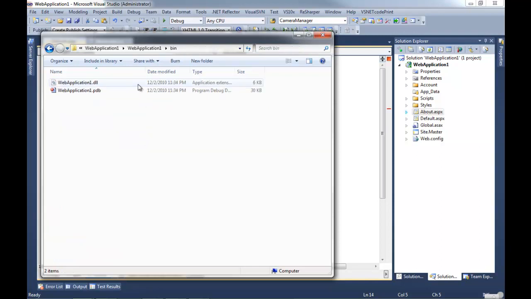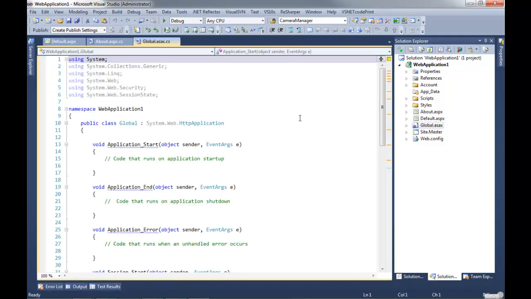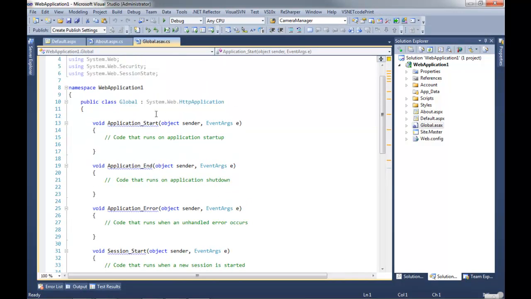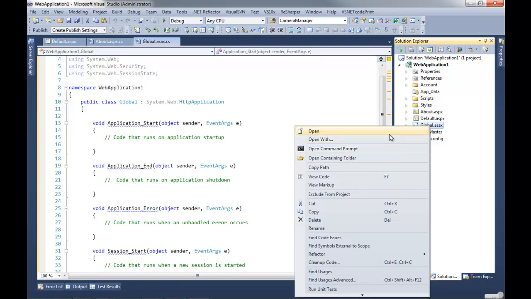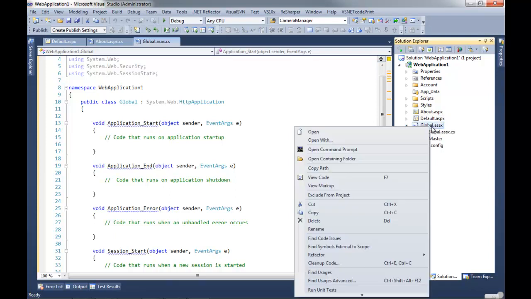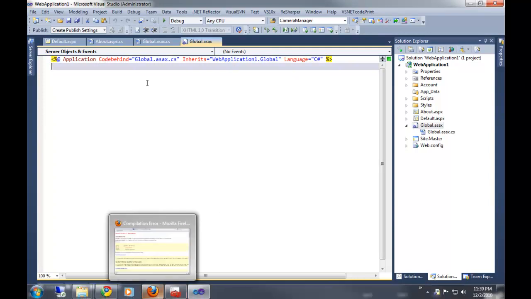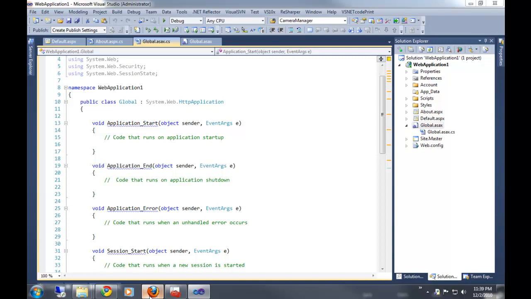Later videos. And then one last thing, the global.asax. He's kind of your application descriptor. And you see when I double-click on him, he brings me to the global.asax.cs file, which contains the partial class that goes with global.asax. Remember that global.asax is also generated and compiled at runtime. And you know what? Let me view markup. There we go. You see that has this Application CodeBehind equals global.asax.cs, Inherits WebApplication1.Global. Okay. So this is your application. Global.asax is your application. And that's what ASP.NET sees.